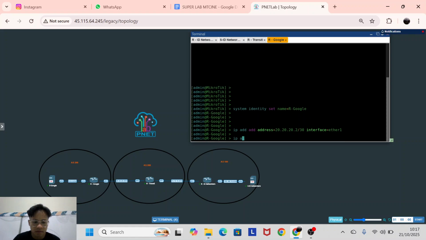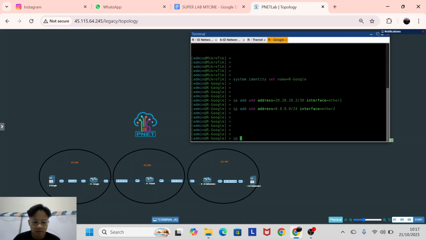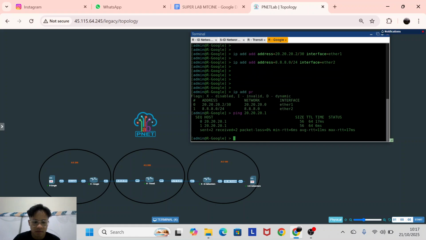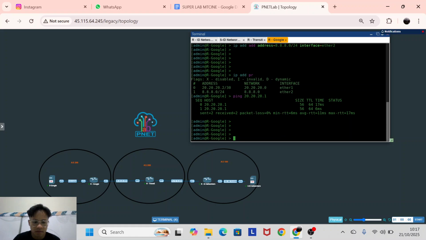And give it another for local, which connects to the Google server. The default is 8.8.8.1/24, interface ether2. We print it and check whether it is connected or not. Yes, we are connected to our transit.